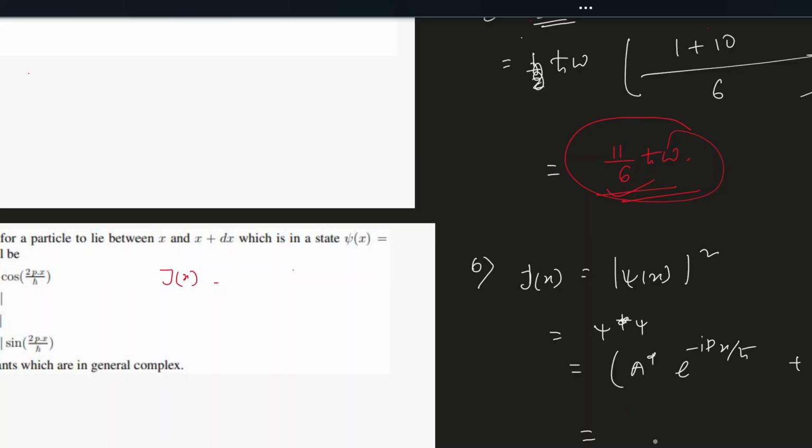So you multiply: the first term is mod a whole squared times e to the power 0, which is 1 because they cancel out, and then a star b e to the power of minus 2i px by h cut plus b star a e to the power of plus 2i px by h cut plus mod b squared, and this term cancels out. So this is mod a squared plus mod b squared plus